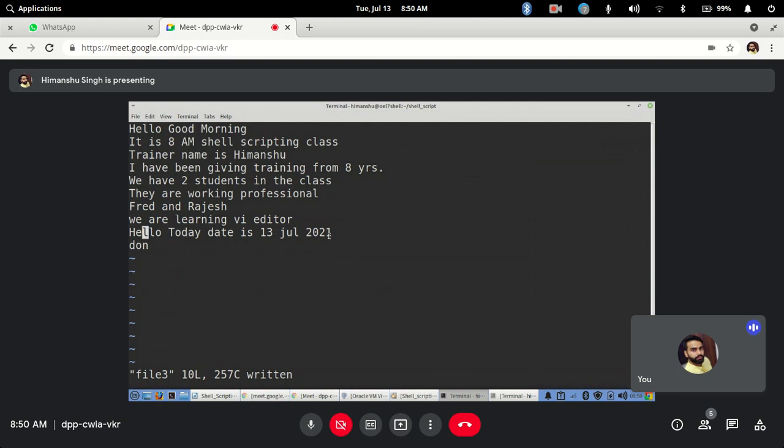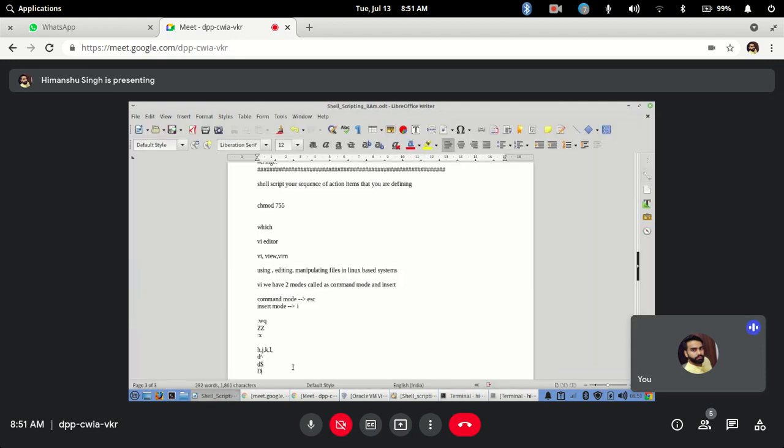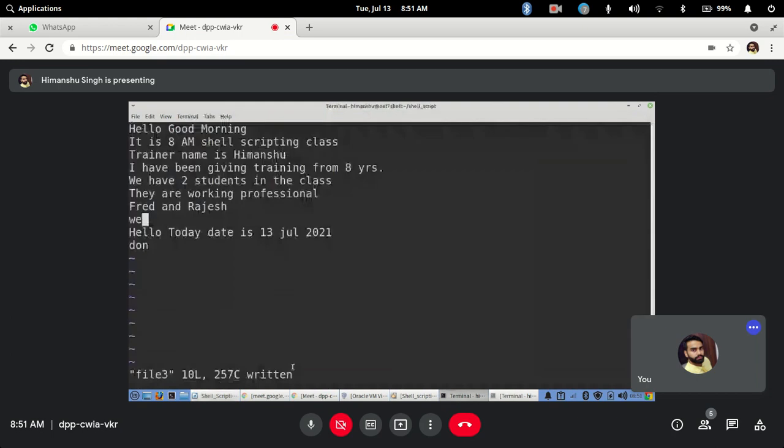Same thing, if I want to do it using one more method, I can use shift D, so that will also do the same thing. Shift D, that is your capital D actually. So that will delete everything to the end. Got it?